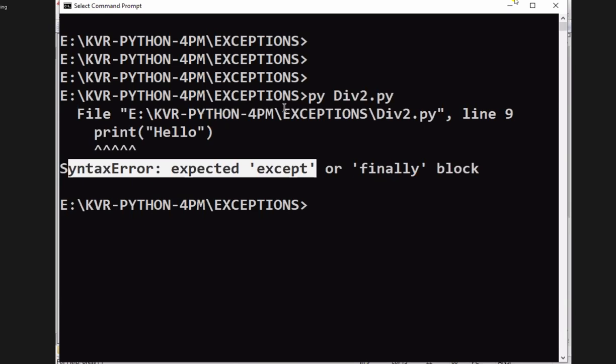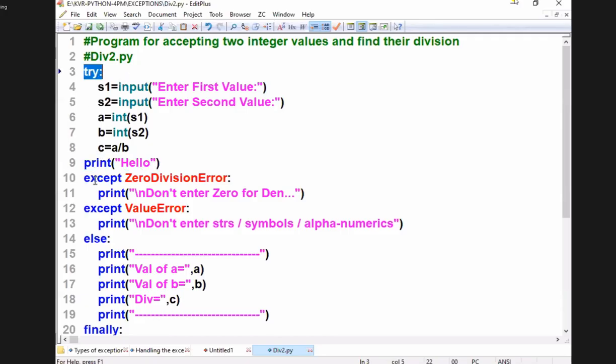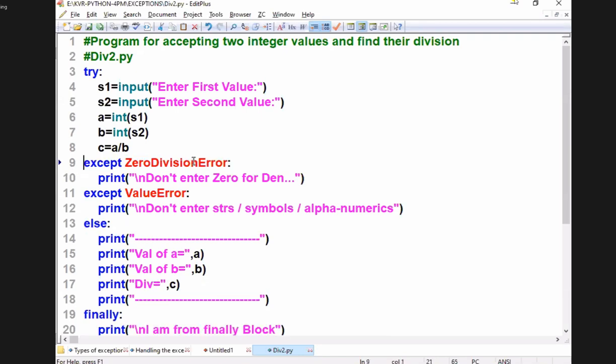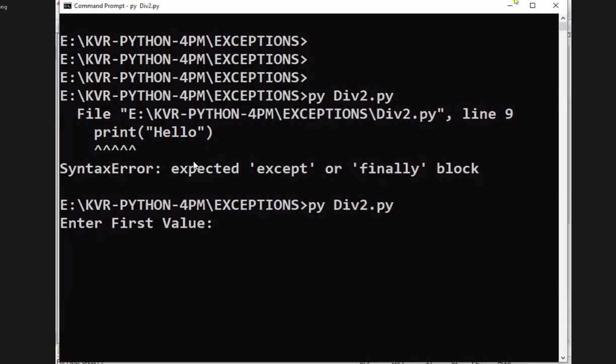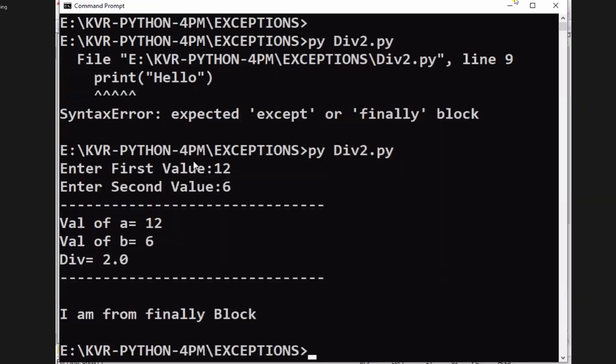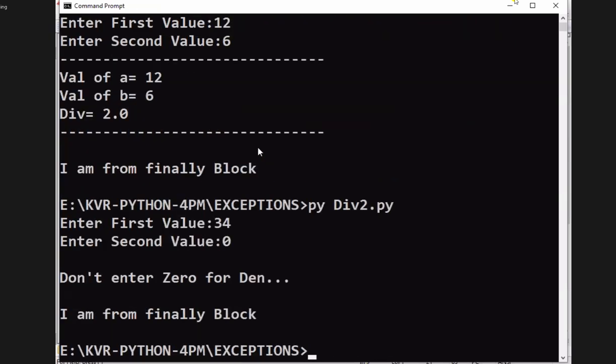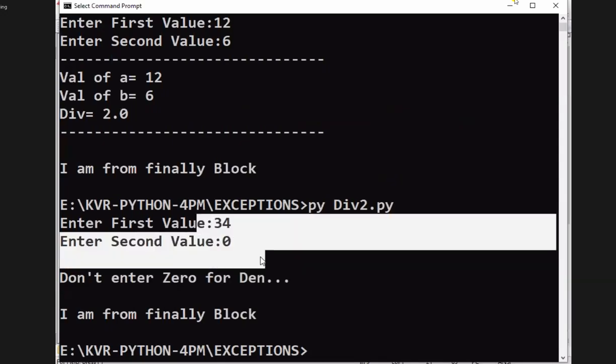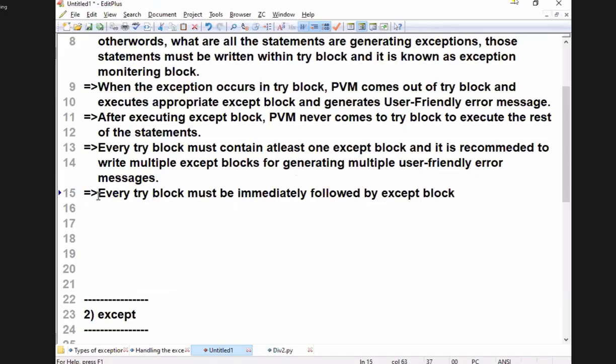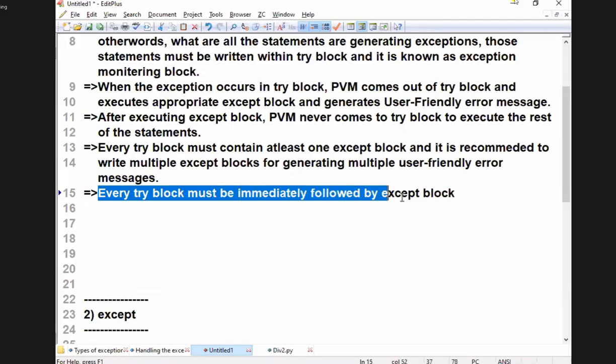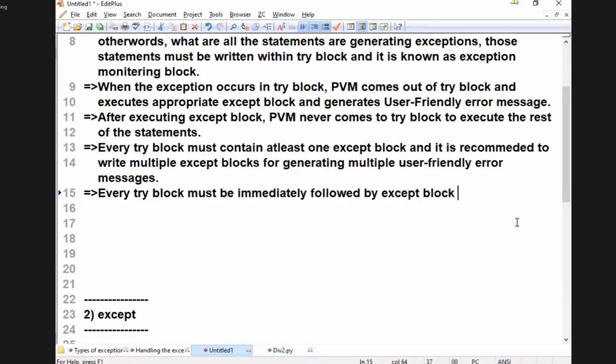Already we have a try, and it expects an except block. You wrote an intermediate statement, so it is syntactically wrong. Execute this program now: I say 12, 6, and we got the output. If I say 34 and 0, I get the message don't enter 0 for denominator. I hope this point is clear. Every try block must be immediately followed by an except block, otherwise we get a syntax error.